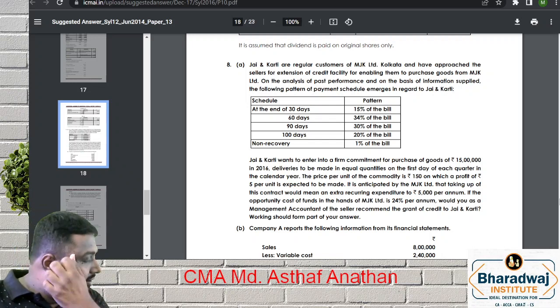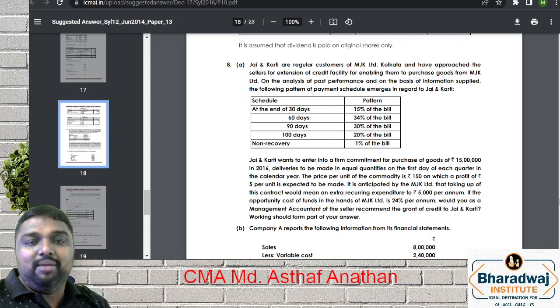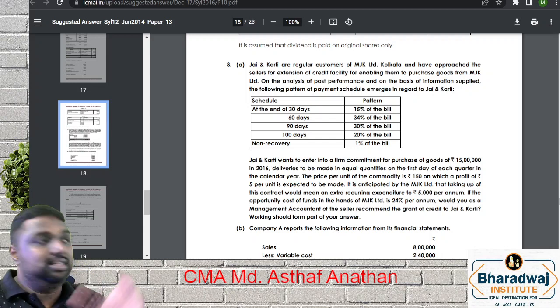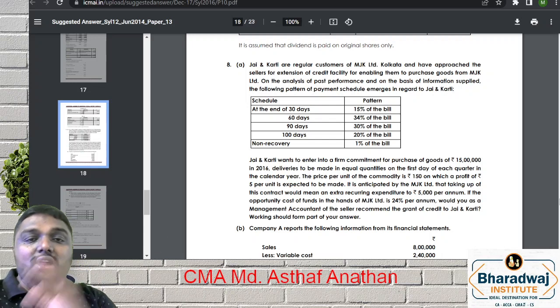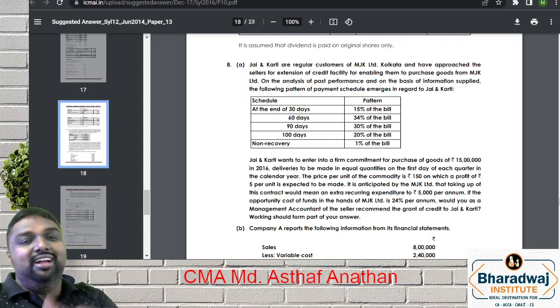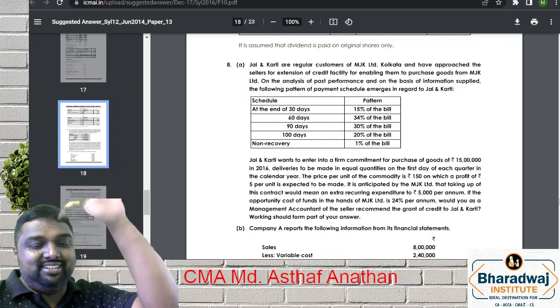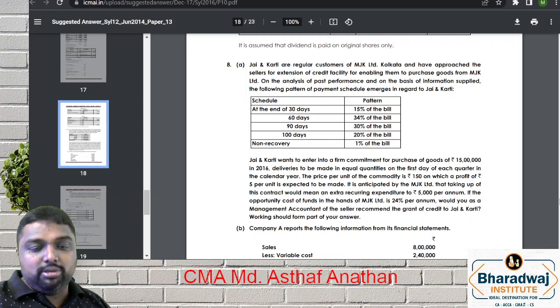We will do under, come on my dear friends, we will do under the incremental method. Here we can save time. Incremental method means what is the savings, what is the cost. Savings is more, good; cost is more, bad, reject. Clear? So with your permission I will read the question.